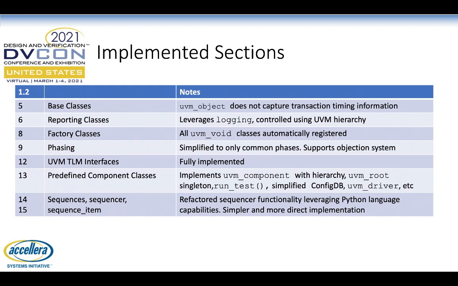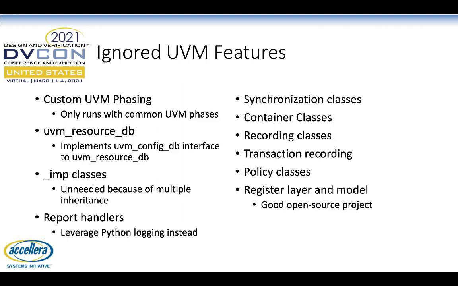Sequences in the sequencer have been simplified and refactored. But all of these things have at least been implemented, and these are what go into your typical test bench. Here are the ignored UVM features, things that were too complicated to implement, like the custom phasing, really not necessary